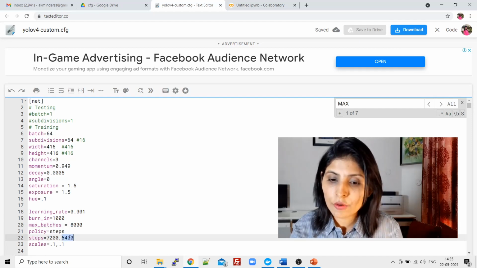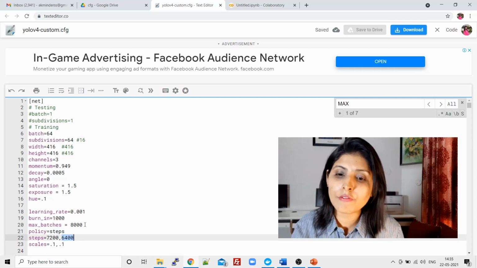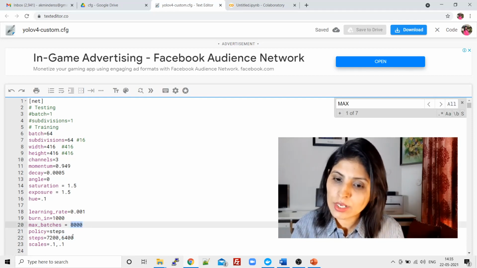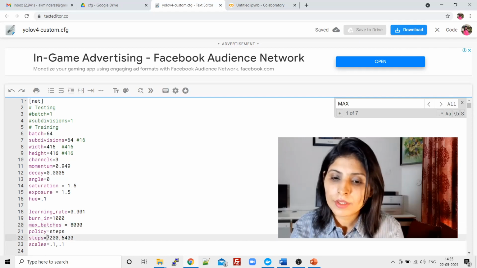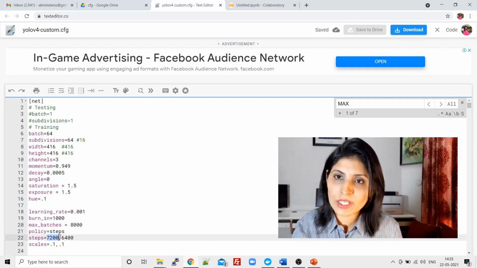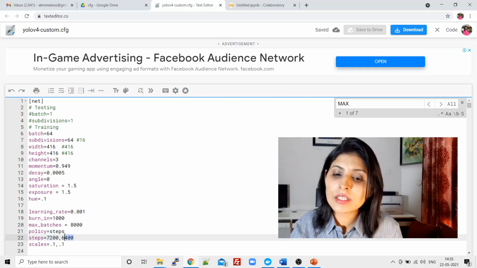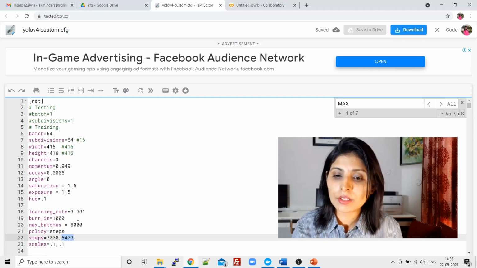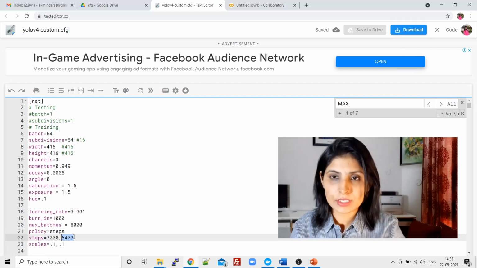And this 6,400 is the 80% of your max batches. The 80% of 8,000 is 6,400. So the very first value in steps would be the 90% of your max batches, and the second value would be the 80% of your max batches. So the 90% of 8,000 is 7,200 and the 80% of 8,000 is 6,400. So we have made these changes.